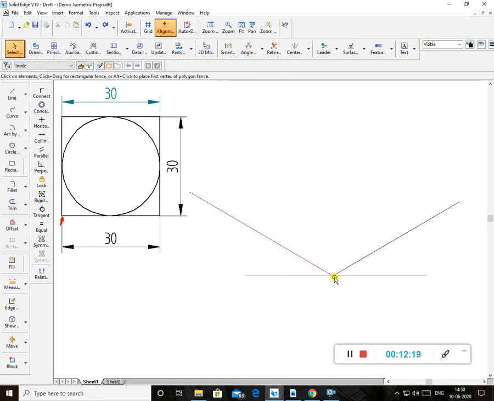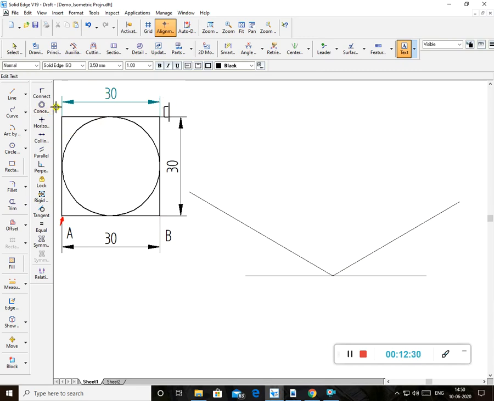Now, if I name these points, say this is A, this is B, this is C, this is D. AB is how much? AB is 30 mm. This point is my A. A to B, I want to set this AB as 30 mm with the isometric value. This 30 is the true length here, so I have to multiply 30 by 0.816. Whatever value I get, that I have to mark here.